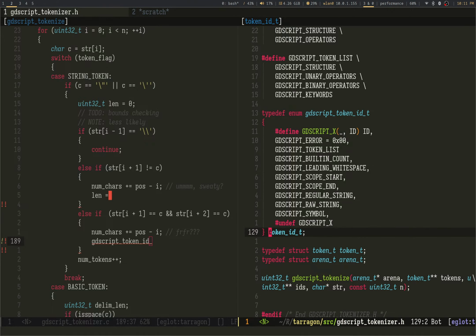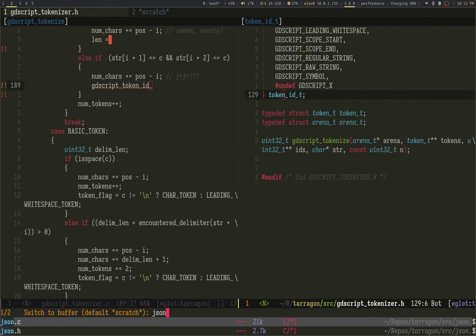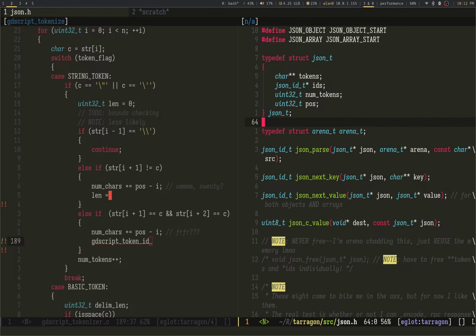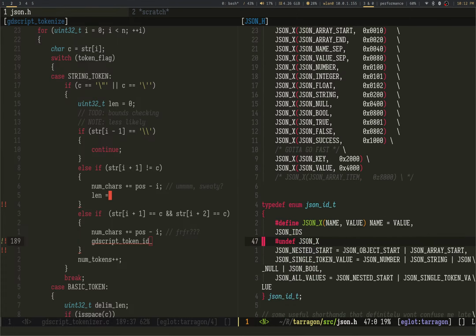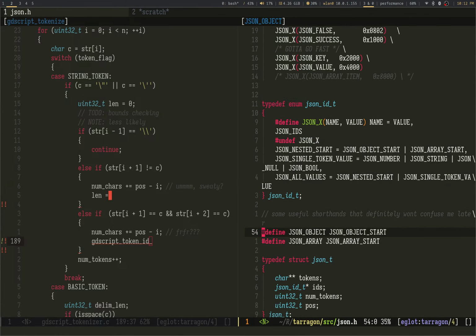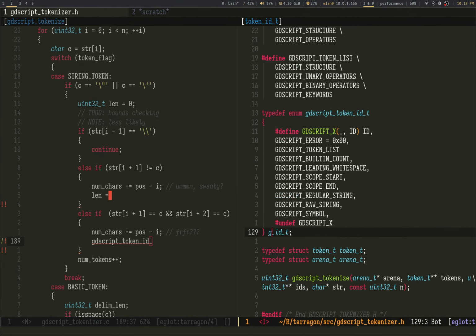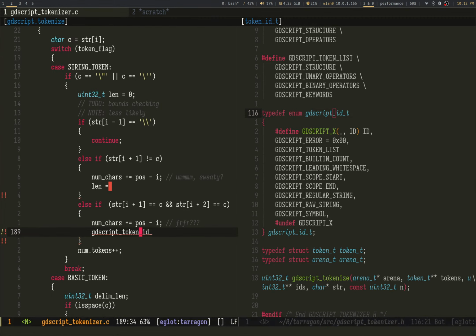Is this taken? I don't think this is taken, right? Did I use it for JSON? Nope. Alright, we don't need a token. I can live with this.